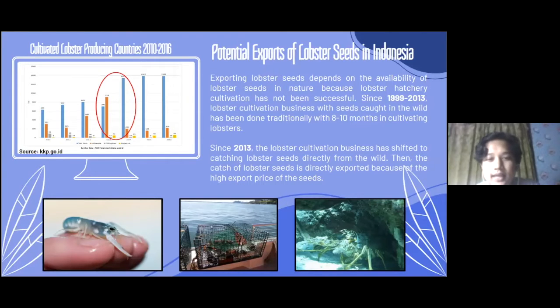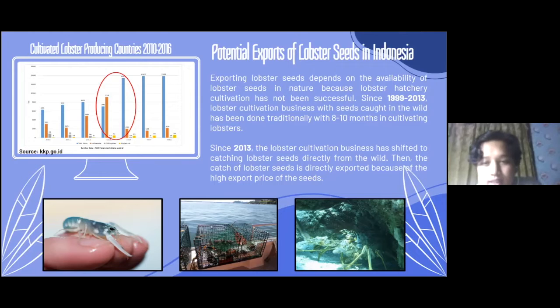And then the diagram entitled Cultural Lobster Producer Countries 2010-2016 shows that cultivated lobster producers in Indonesia, orange bar, are still far behind Vietnam, blue bars. This shows that Vietnam is superior in cultivating lobster hatcheries to adult lobster than Indonesia. And from